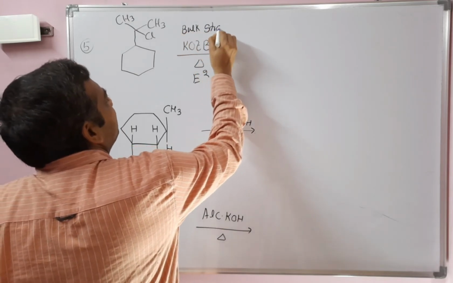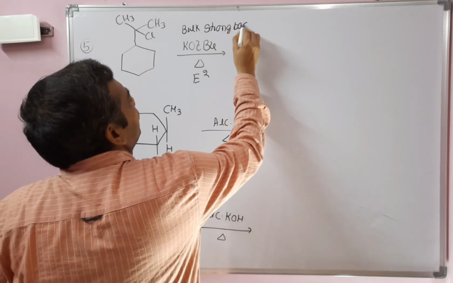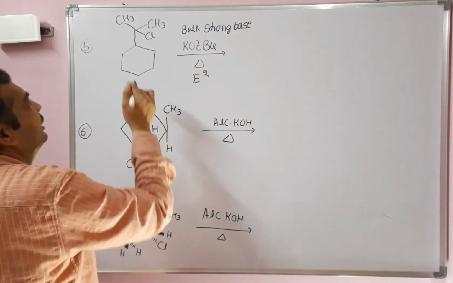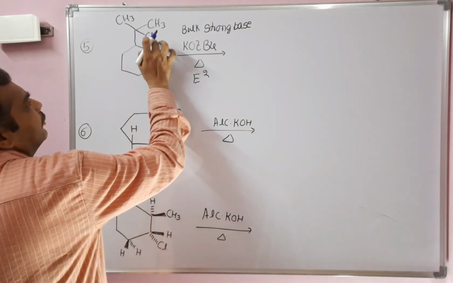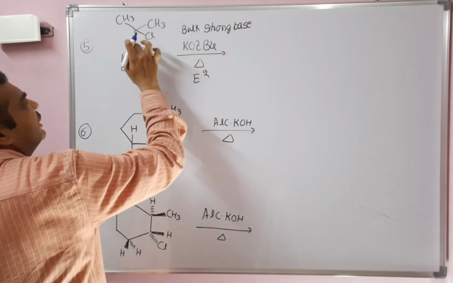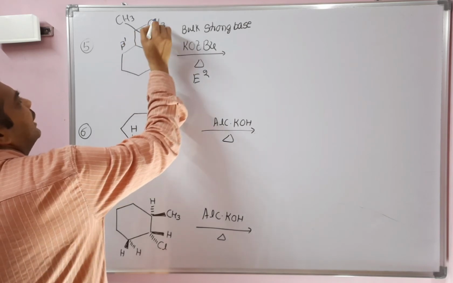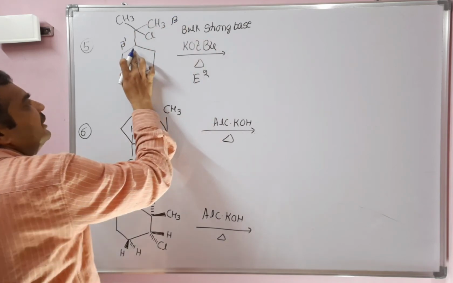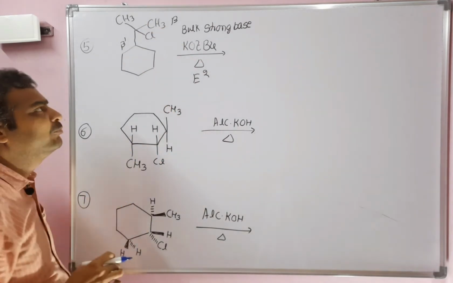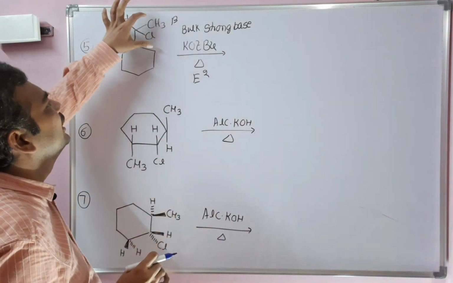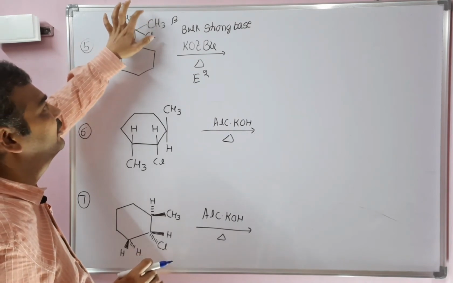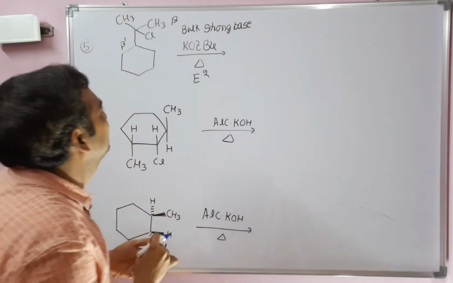Next example, in the presence of a bulky strong base. Just now we discussed that a bulky strong base abstracts a proton at the beta carbon that is less sterically crowded. Here, for this chloro compound, there are 2 beta positions. These 2 beta are the same, so we can consider them as 1 beta. This is one beta, this is the other beta. Let us say this is beta prime and this is beta. At beta prime, it is sterically crowded, whereas beta is sterically free. So the bulky strong base abstracts from the beta carbon where it is sterically less crowded. Here it is sterically less crowded, so it will abstract a proton here. That is the major product.